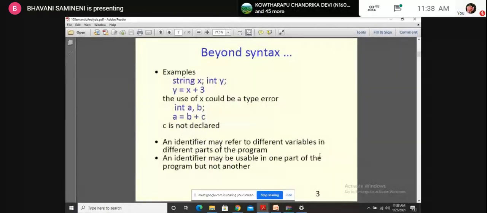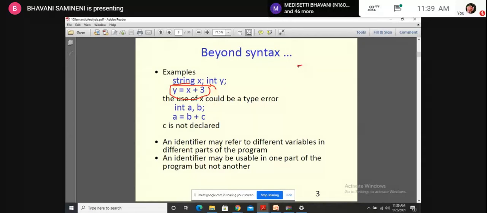Okay, so see here, they have given some examples. These are some types: the string data type, and the other one is the integer data type. So x is a string and y is an integer, and now we are assigning the statement y = x + 3. If you try to construct this parse tree, we will not get any error during the syntax analysis.